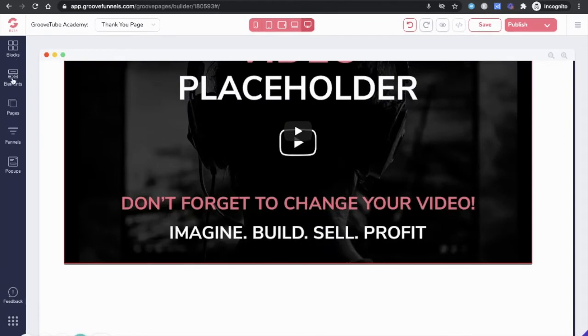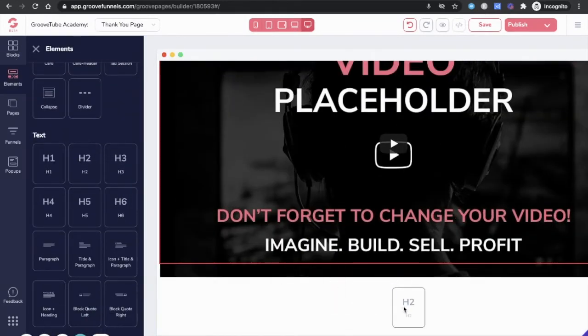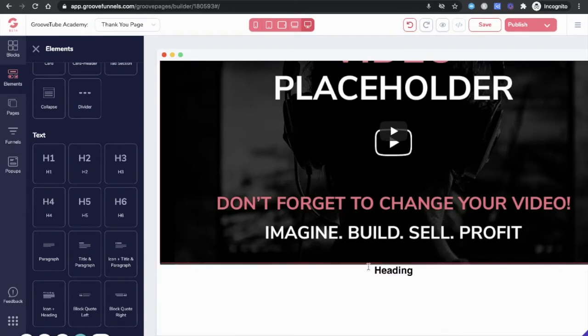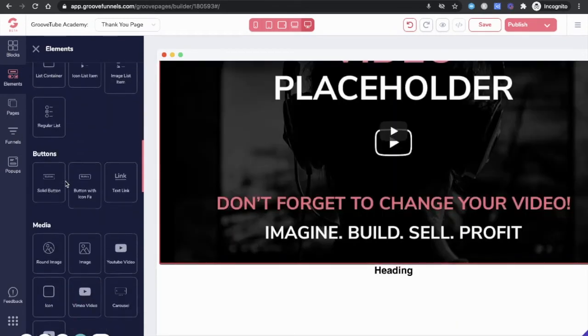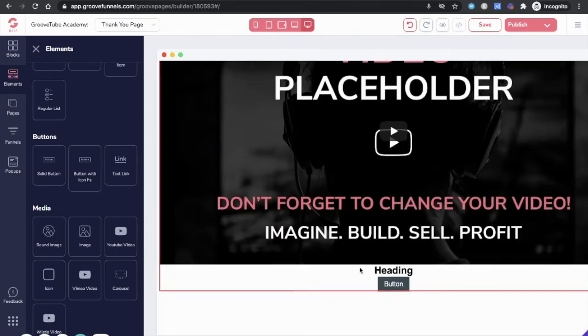Now we'll drag, I need some text below the video, which is here. So elements, we'll make this one H2 because we already have an H1, and we'll drag that in. You just have to fiddle about with that a little bit until it says heading, and then we want to drag a solid button. So button, solid button, and we'll stick that one in below the heading,